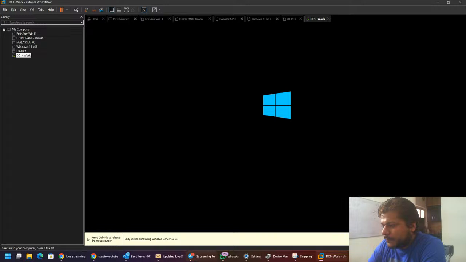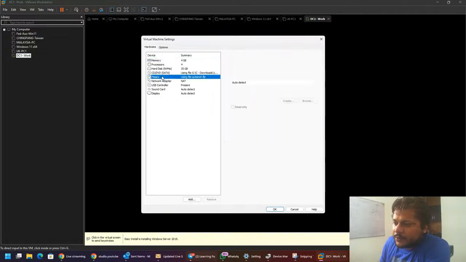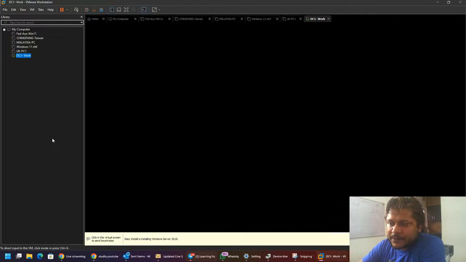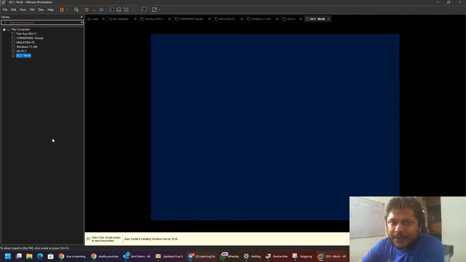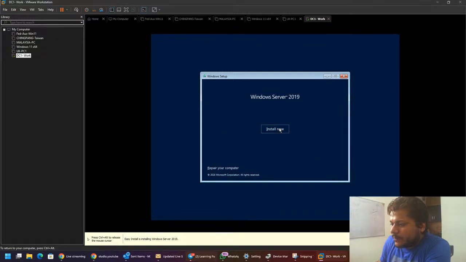As you can see, Windows has started to install on the machine that I have. If you remember the last step in the last video, I specifically selected the virtual machine settings and ensured that your floppy drive is disconnected, or else you get that licensing error, the EULA, end user license agreement, that will give the error. Ensure that you disconnect your floppy drive for Windows Server before the installation begins. Now on the Windows Server installation screen over here, we'll click on next and click on install now.